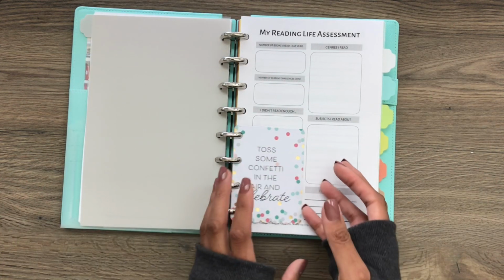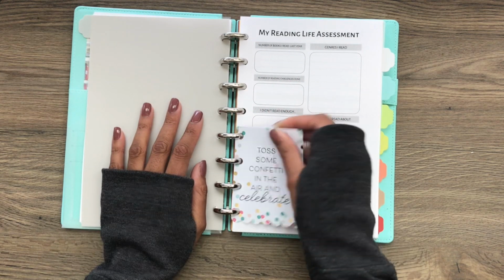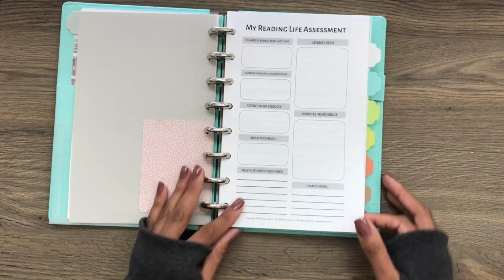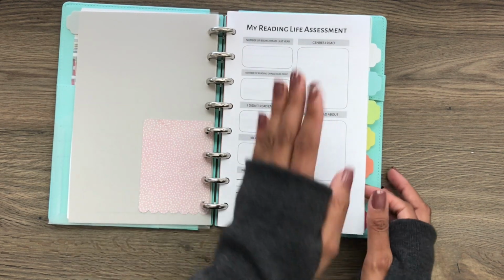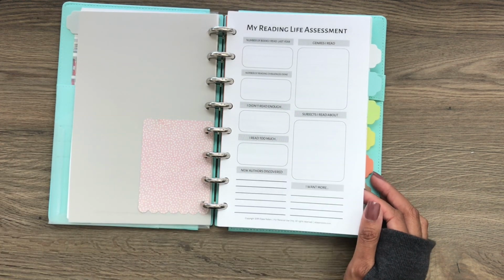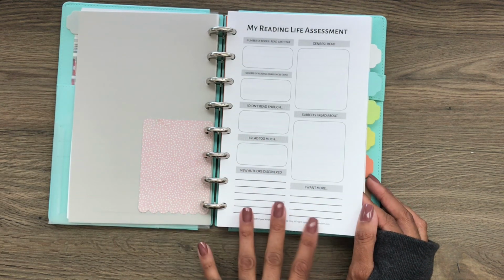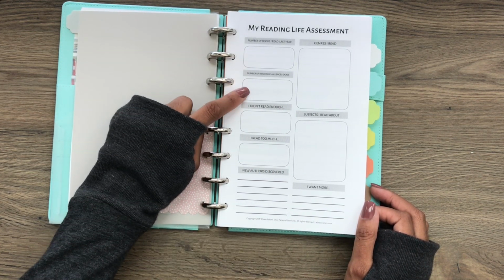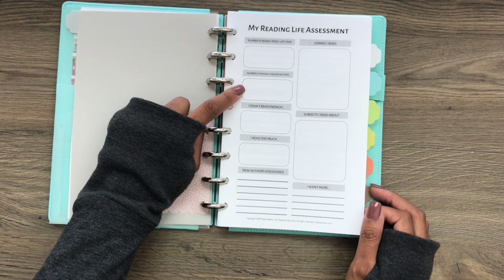In the next section, I have what I call, this is just left over from my last setup, this little card, I call the Reading Life Assessment. So you use this page to look at your past year of reading as you prep for the future year of reading. So this is where I would look at 2019 and write down how many books I read, the number of reading challenges I participated in,